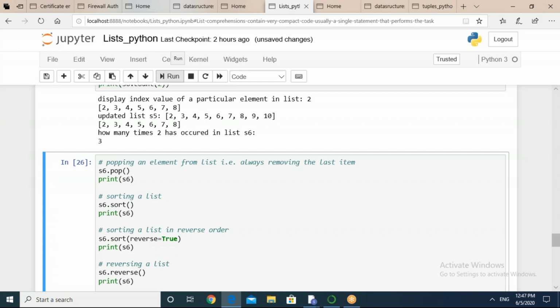One more response I'm getting: S5.extend 9, 10, and we are mentioning a list over here. Very good. So in this manner, there is not only one fixed way. And even I told you one range also, range method. So whatsoever idea comes in your mind, you just try to apply, and if it shows you an error message, it means some improvement needs to be done at that point.